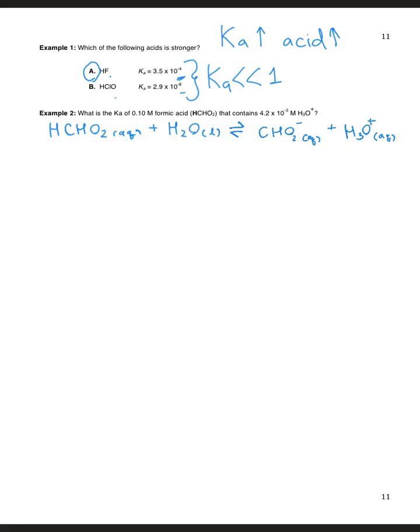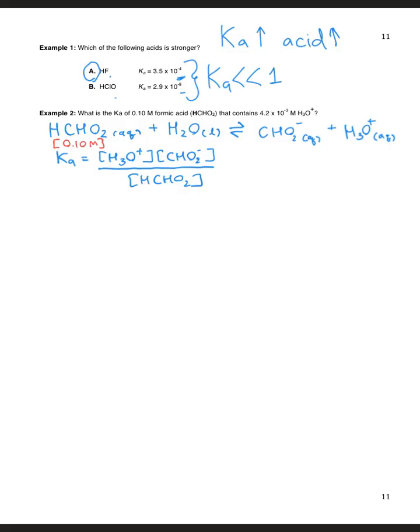Then you can write the Ka expression for this acid ionization, which is Ka equal to the concentration of hydronium ions multiplied by the conjugate base, divided by the concentration of weak acid. So if you know the concentration of each of these, you should be able to plug it in and calculate Ka. The problem gives us that the concentration of weak acid, formic acid, is 0.10 molar, and the concentration of